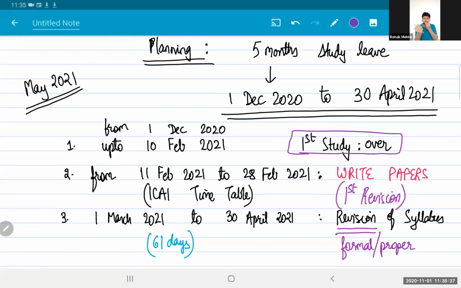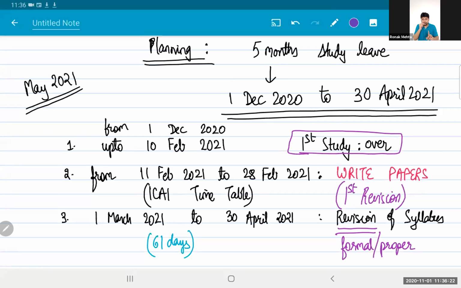For those who start getting their study leave from January, try and finish one or one and a half subjects before 31st of December. Take practical subjects so that at least some solving happens. Take a subject like SFM, which is probably smaller. Leave out DT, IDT, FR for the study leave itself. Take SFM as a subject. Take Costing as a subject. If you feel your strength is costing, try and finish 1 to 1.5 subjects up to 31st December for those getting their leave from 1st January.